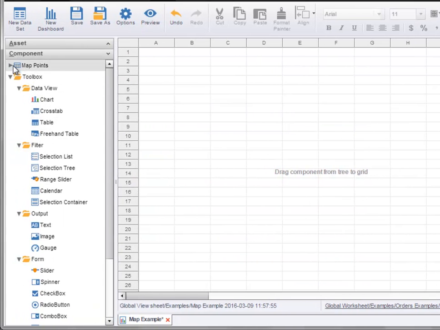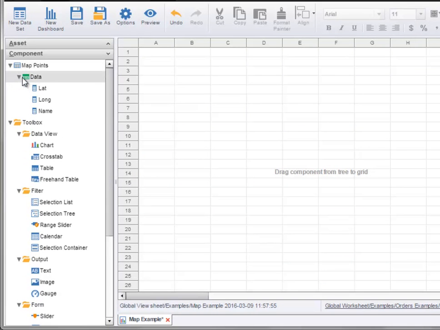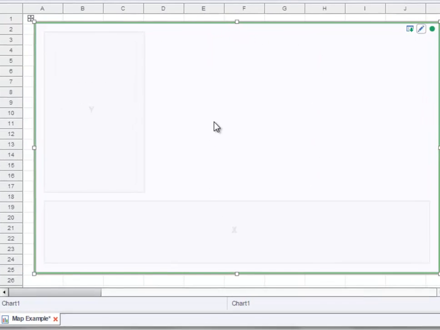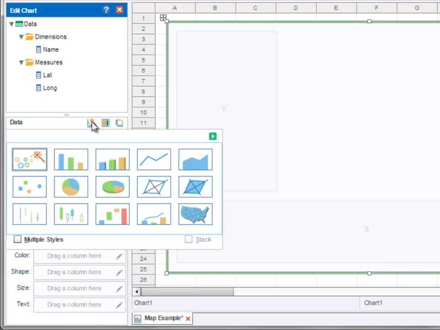As you can see, the map points dataset contains 3 columns, a latitude column, a longitude column, and a name column containing names describing each point represented by the particular latitude and longitude. To create a map based on this data, add a chart into the dashboard as before, change the chart type to a map type chart,